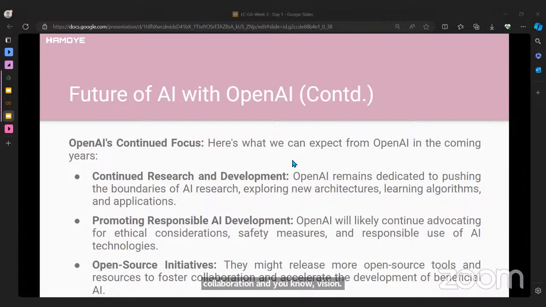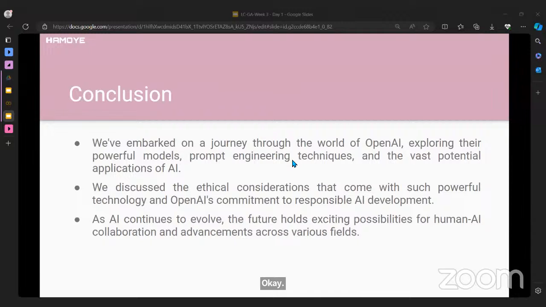And so, to conclude all what we've said, the trajectory of AI development is very promising, right? With advancements that could transform every aspect of our lives. With organizations like OpenAI at the helm, the focus on ethical, safe, and collaborative AI paves the way for a future where AI and humans coexist and thrive together, creating unprecedented